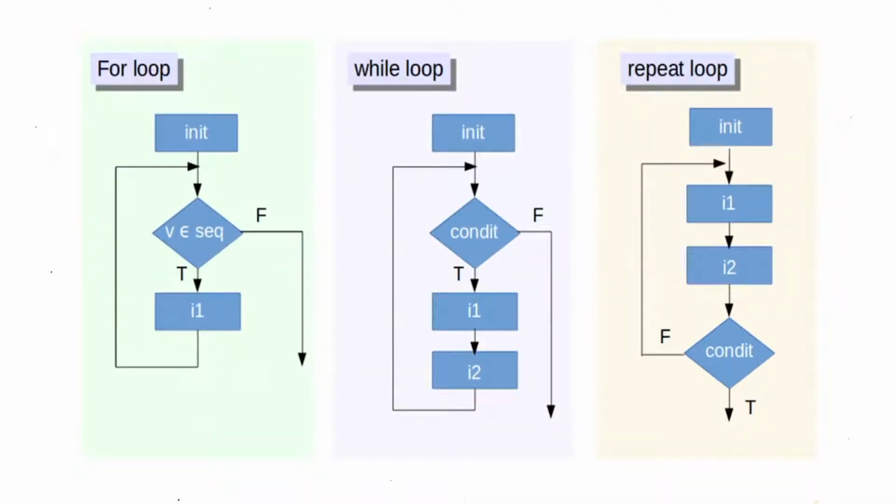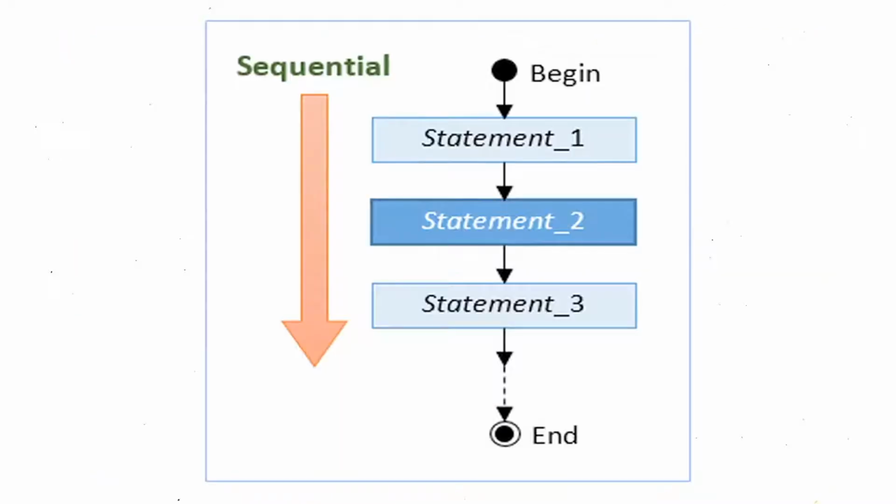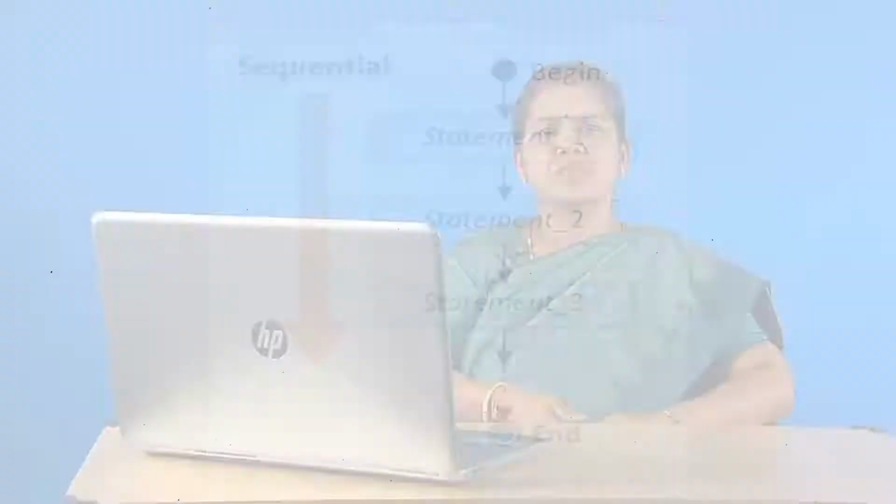Already in the previous module on flowcharts, we saw an example for each of these structures. Let us revisit these structures briefly. What is the sequencing structure? Most simple algorithms found in our everyday life are short and involve doing a series of things one after another. Normally the activities are done one after another. For example, in the coffee making process, we have to follow the instructions in sequence to get the desired result.